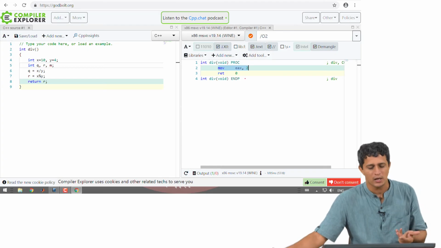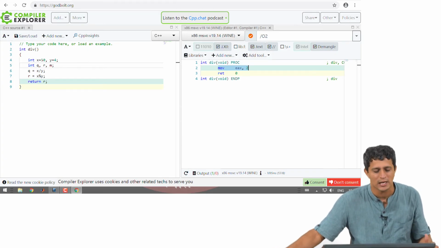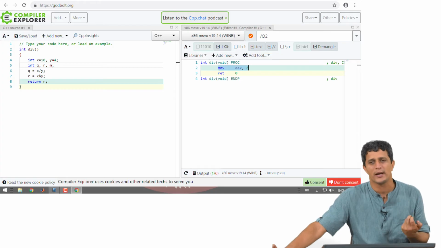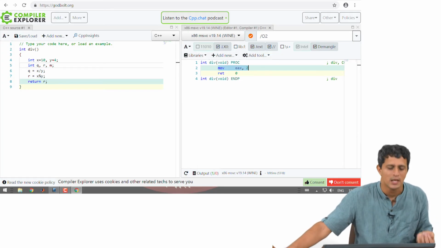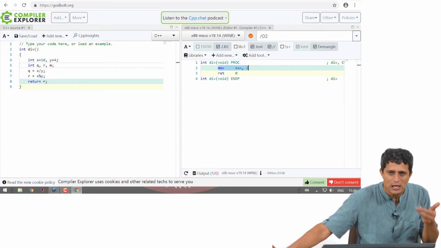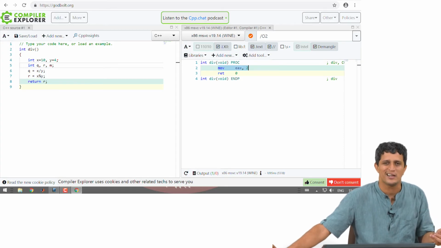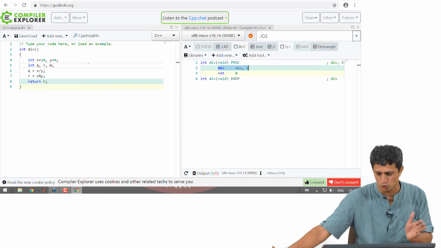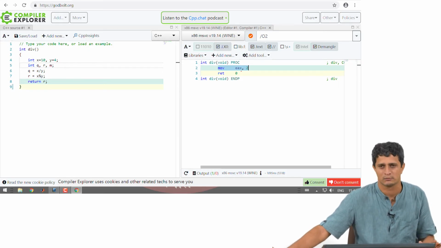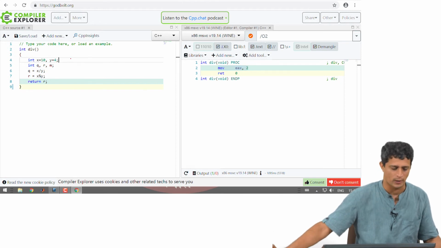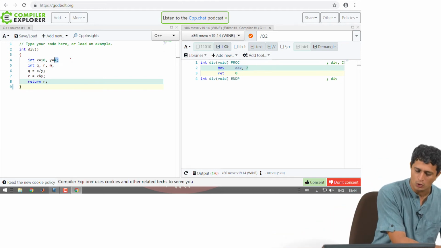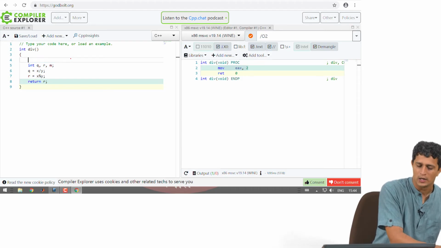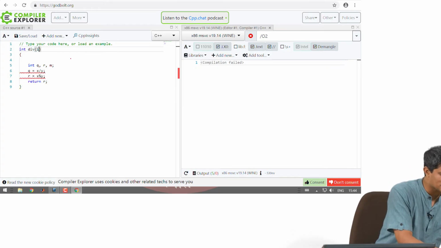So what the compiler is doing is, because these are constant values 10 and 4 and are not dependent on inputs to the program, the compiler is actually evaluating this remainder and quotient in a hard coded way. So it is doing 10 by 4 and taking the remainder, which is 2, and pushing that into EAX, right. So that is all it is doing. Now if you want to remove this degenerate case, all you have to do is make int x and y